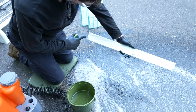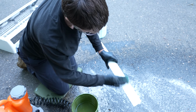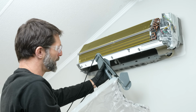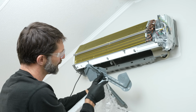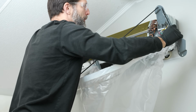You also want to make sure that you don't have any inserts that are going to fall off your louver, but you're also going to want to clean that off as well. So after we wrap the electrical compartment all up, just to make sure it doesn't get wet, we're going to use a bib kit just to protect from any overspray. I have this on the 3rd latch right here. And so we just take this, we come behind the unit,